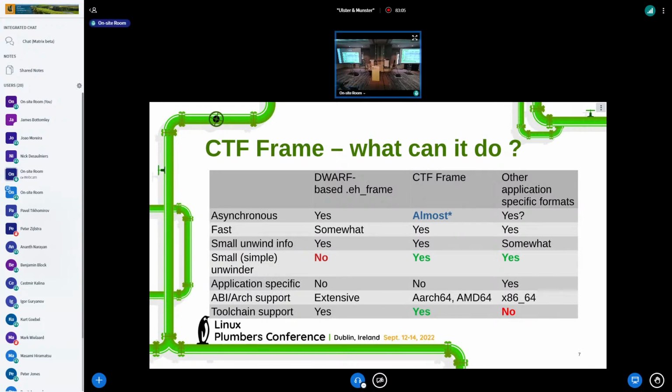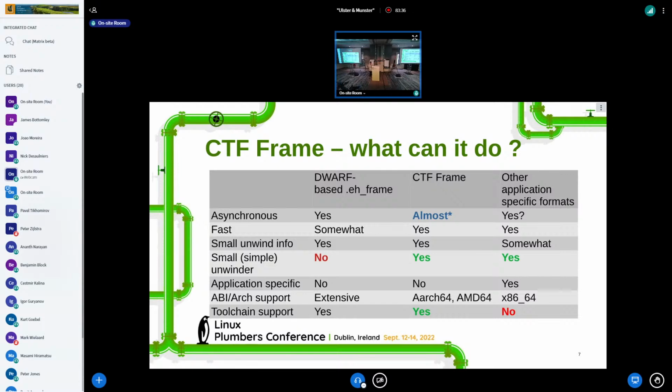So we know that for unwinding, we do have dwarf EH frames. And I have come across not just one, but at this time, I have a count of 3 unwind formats out there. 2 of them are open source, and 1 of them is not. I don't know much of the details about the non-open source one, thankfully. So the 2 which are open source, right? Both of them have